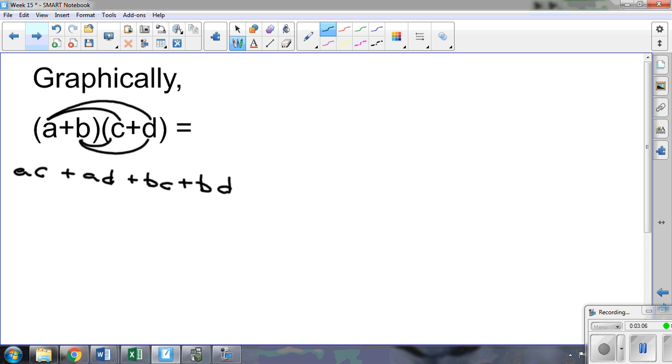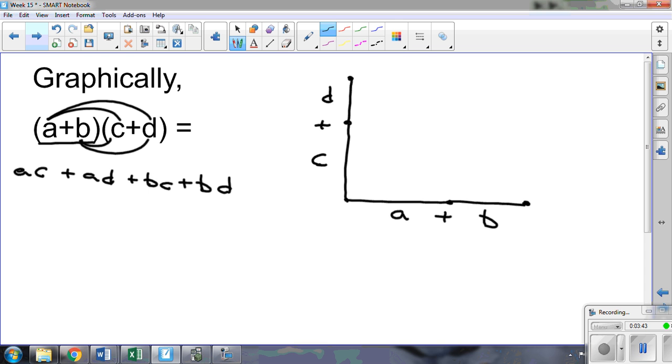Well, each one of these factors, A plus B, we could treat as a segment length. This is the segment length A plus the segment length B, so we've made it longer. A plus B together. C, then, we could create a rectangle and say, here's our length of C, increased in length by D, so we wind up with C plus D. Well, that whole thing then creates one big rectangle, split up into sections,